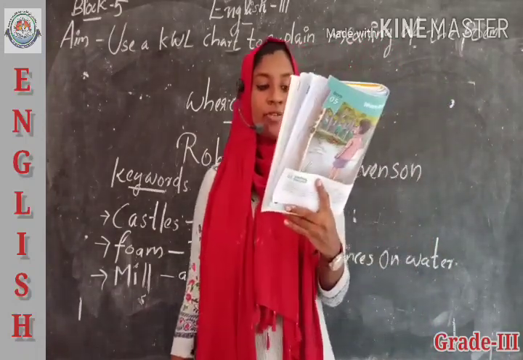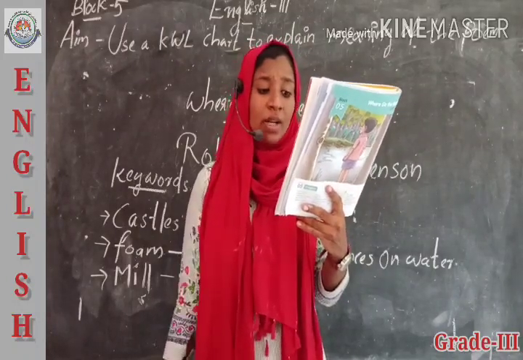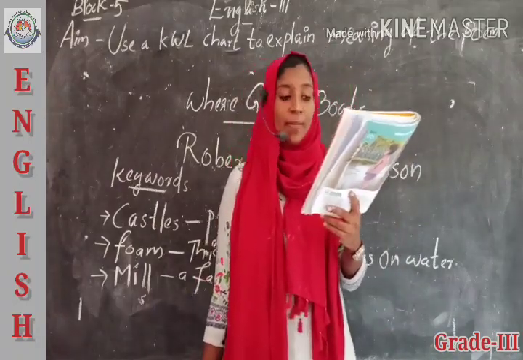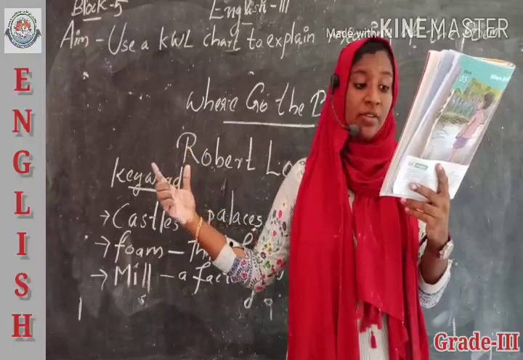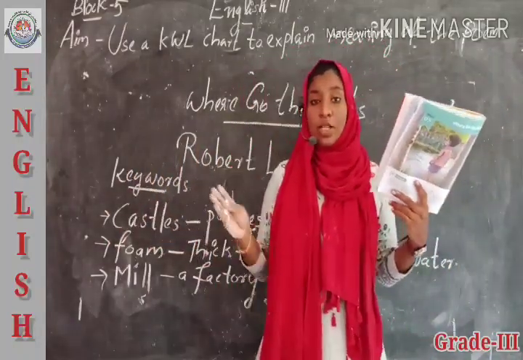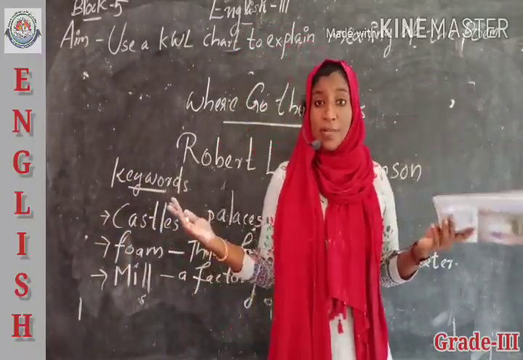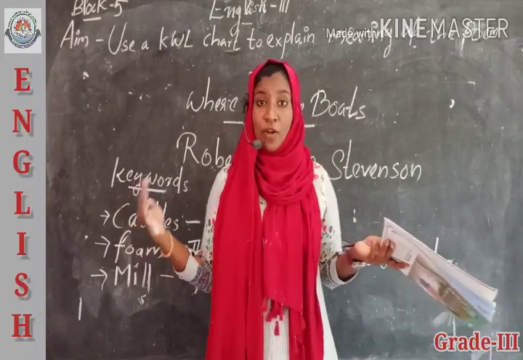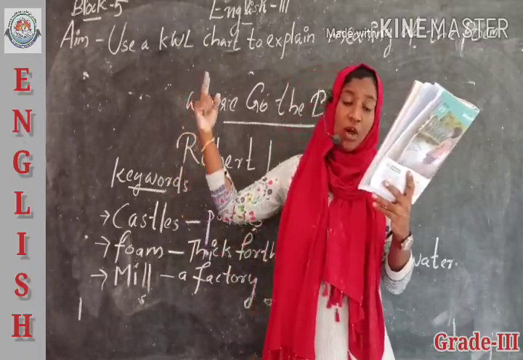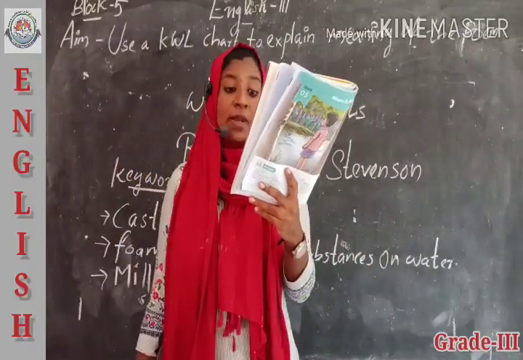In the fourth paragraph, we can see away down the river, a hundred miles or more, other little children shall bring my boat ashore. Yes, in the final paragraph, away down the river means a hundred miles or more. Yes, the boy knows that his boat traveled a hundred miles or more, isn't it? Because the flow of water is very high. So the boy thinks that away down the river, a hundred miles or more, other children shall bring my boat ashore.